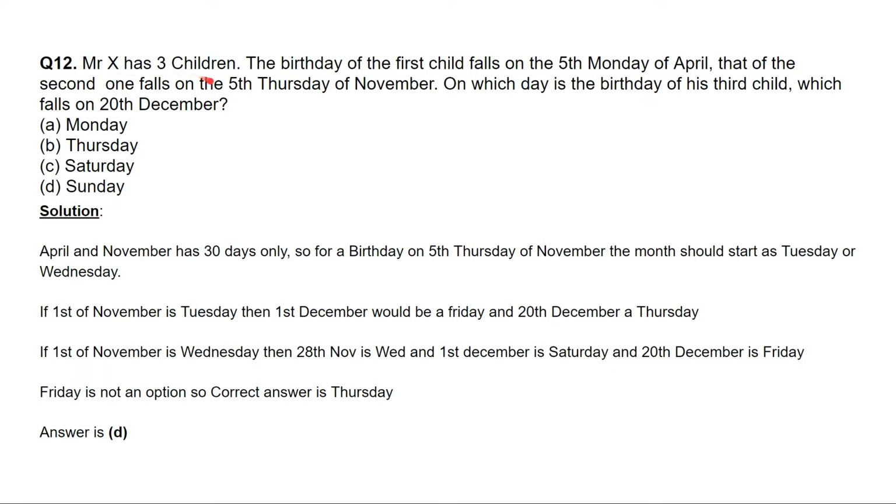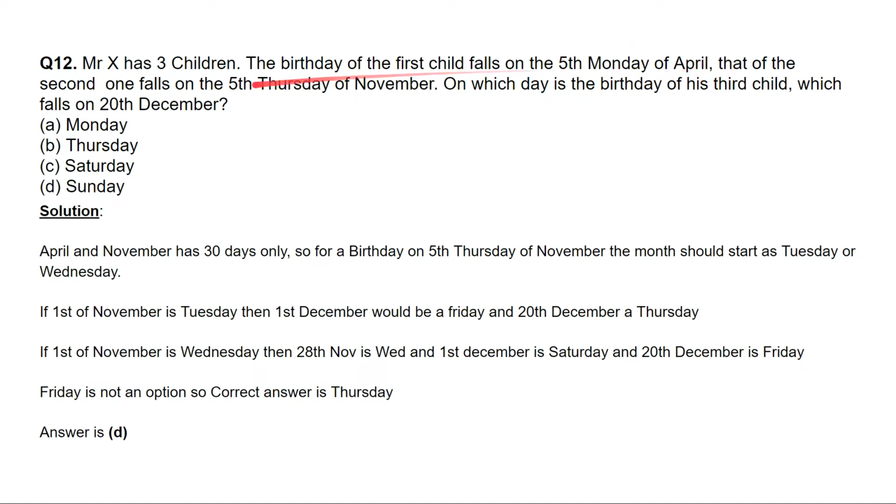Next question: Mr. X has three children. The birthday of the first child falls on the fifth Monday of April, and that of the second one falls on the fifth Thursday of November. On which day is the birthday of his third child, which falls on 20th December? So basically, what we have to find here is the day for the 20th December for whatever year it is given. So what we know here is the fifth Monday of that year